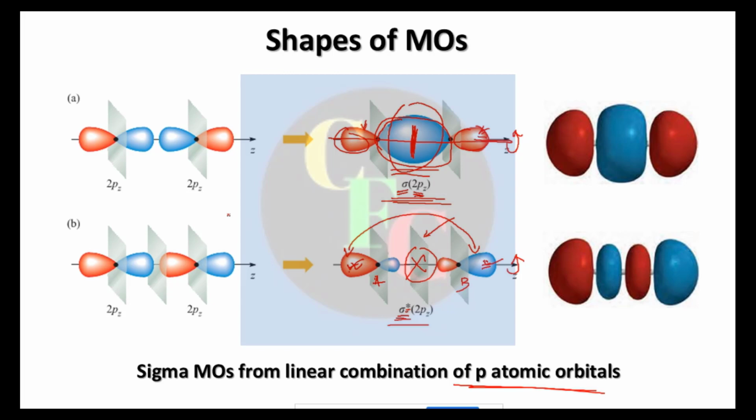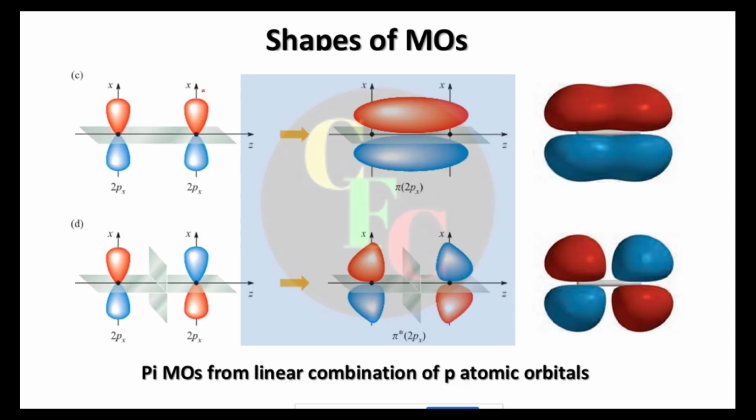Now these are sigma. Now see, if you consider the bonding axis as the z axis, then the two p orbitals will look like this one, right? The other two, they are 90 degrees away from each other, right? So the other two cannot form head-on overlap. They can only do sidewise overlap, right? This is shown here, right? The px orbital, and the same will be with py also.